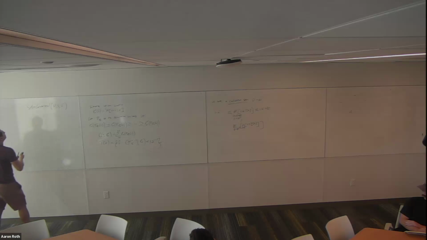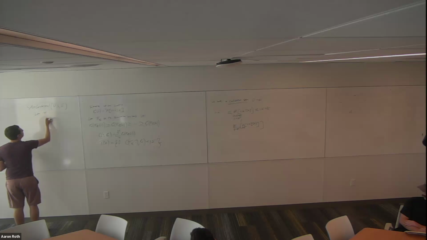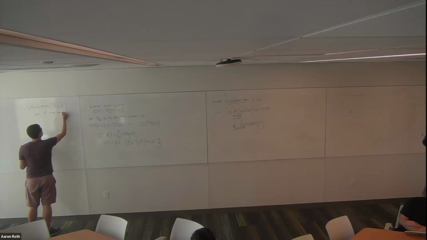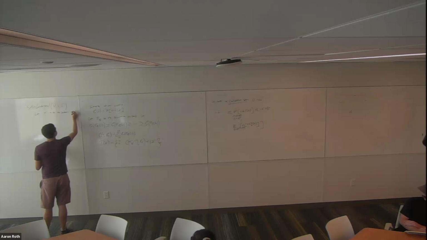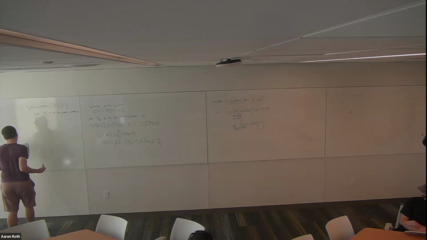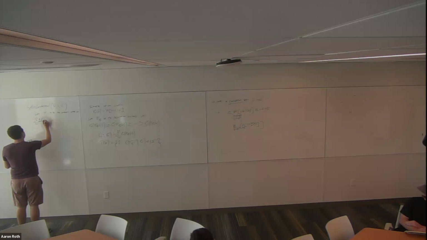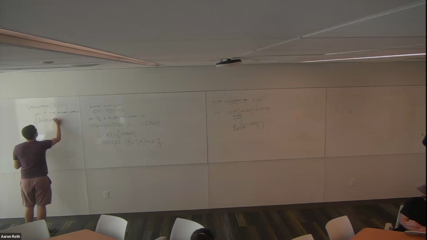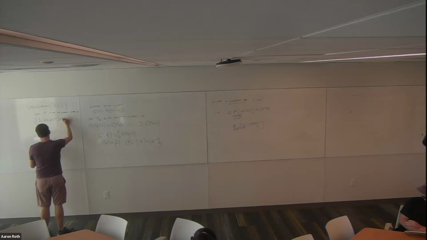And all it's going to do is tune tau. It picks the smallest value such that, when I look at how many points in the calibration set have a non-conformity score, plug in x_i and y_i, that evaluates to something less than or equal to tau, I want that number of points to be at least 1 minus delta times